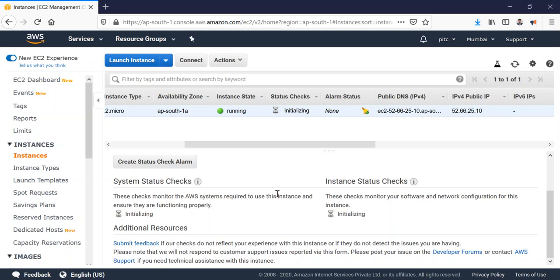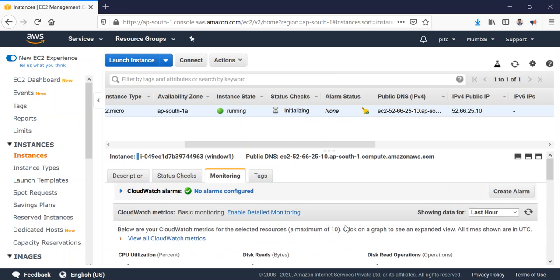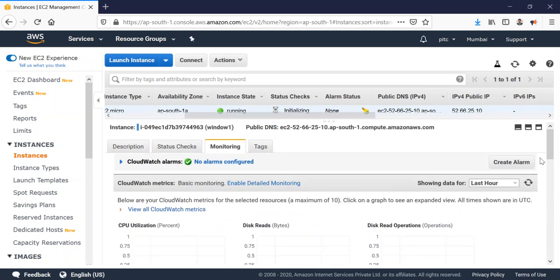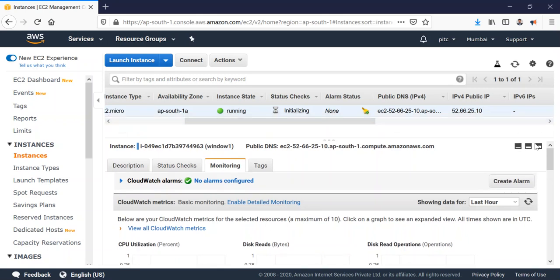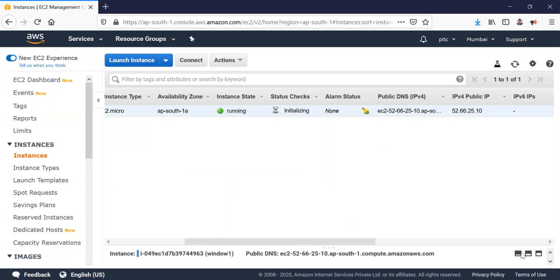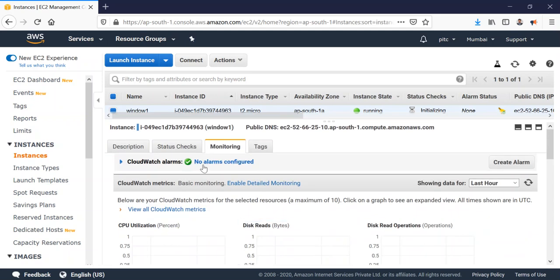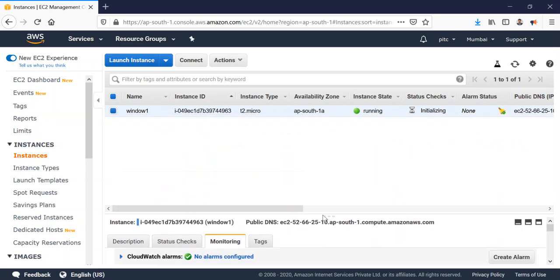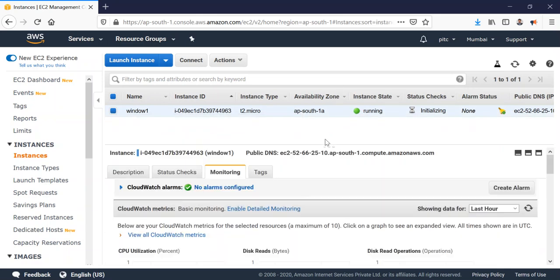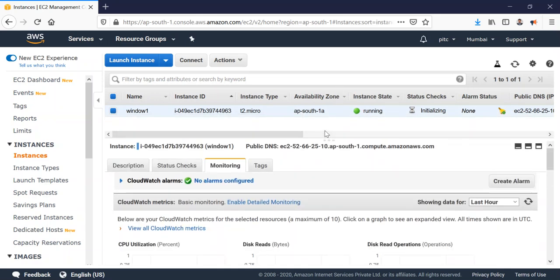Let's see some more information about this. The monitoring, yes, you can monitor from here. You see this will come. This is the maximize value, this is in the middle, and then this is the minimize. Suppose you have 10 machines here, you will be able to see all 10 machines, but if I want to go for this particular machine and know more, just click here and this panel will come. You can even drag them with your mouse also.